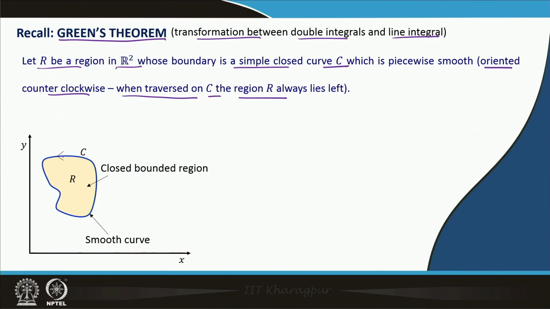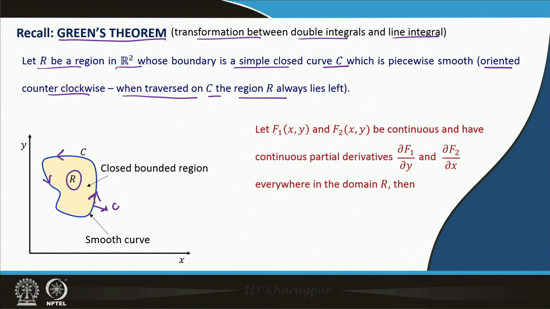So, this is the situation. If we are traversing here on this curve, the region R remains to the left. This is the closed bounded region, and we are talking about this smooth curve C. Then this theorem says that if f1 and f2, the components of f, are continuous and these partial derivatives exist everywhere, and they are also continuous in the domain R, then